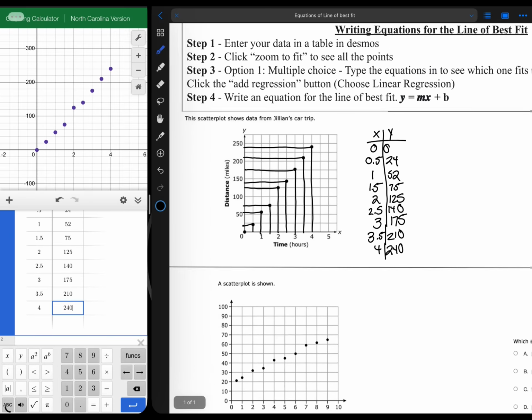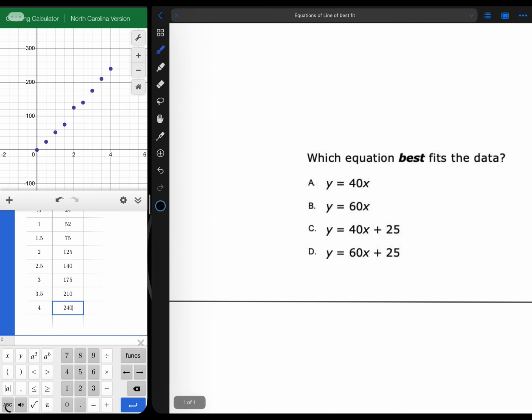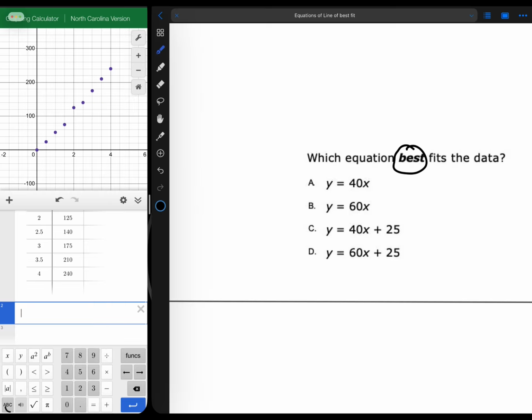Now, if we look at this question a little bit more, it is a multiple choice. So it wants to know which equation best fits the data. So if we're looking at the one that best fits, there's going to be 3 that don't look like they fit at all, and then we got 1 that's the best of them all. Now, best means it might not be as accurate, but it's the closest we can get to it. So because we have multiple choice, we're going to type in all 4 choices and find the best one out of the 4 options. So if I enter my equations,